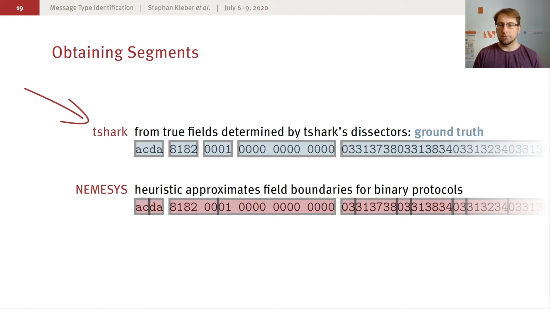This is the ground truth and allows us to test our protocol under optimal circumstances. The second segmenter is Nemesis, which is applicable to unknown protocols where, of course, no dissectors are available, so T-Shark cannot be applied. Nemesis is a heuristic approximation of field boundaries for binary protocols. We proposed Nemesis in an earlier work.